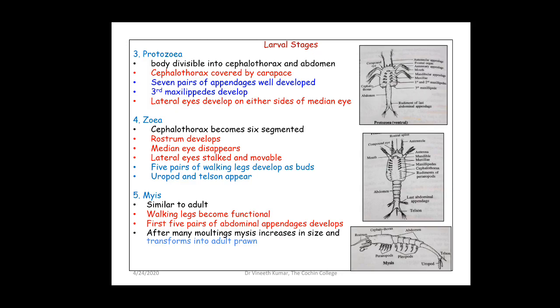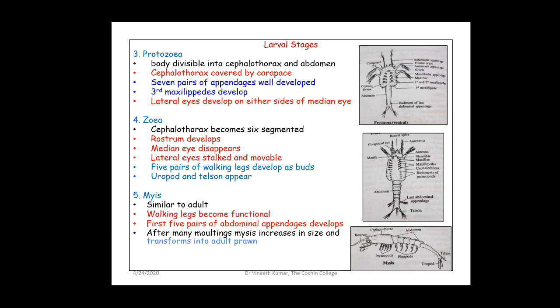Another important development in the protozoea is that the lateral eyes, which will become the movable stalked compound eyes, develop. The lateral eye starts to develop on either side of the dorsal median eye, which is present in both nauplius as well as metanauplius. The median eye was present in both metanauplius and nauplius, and now in the protozoea stage you can see the development of the lateral eyes on both sides of the median dorsal eye. So after many moltings of protozoea, now it moves on to the fourth larva, which is called the zoea